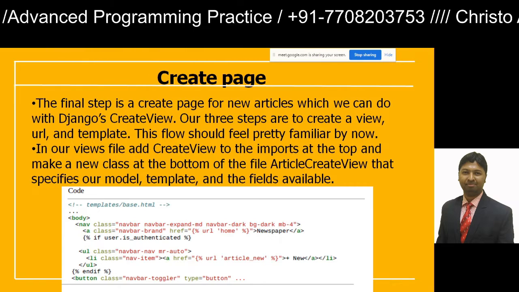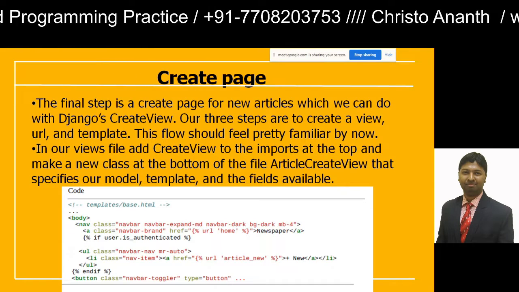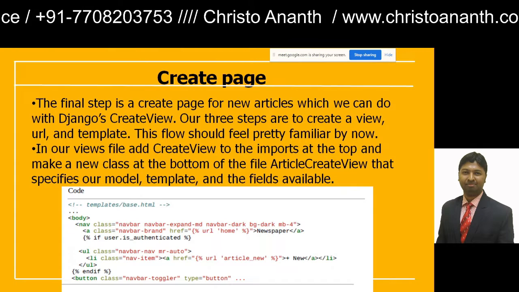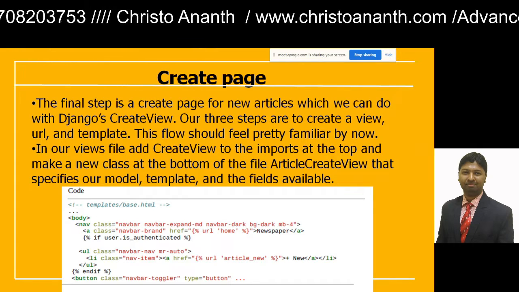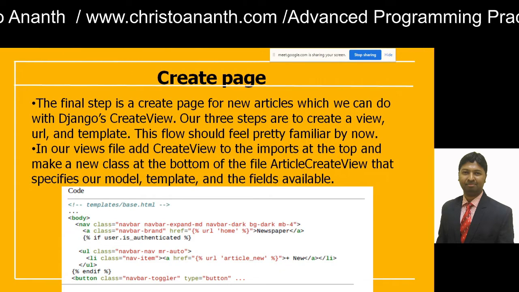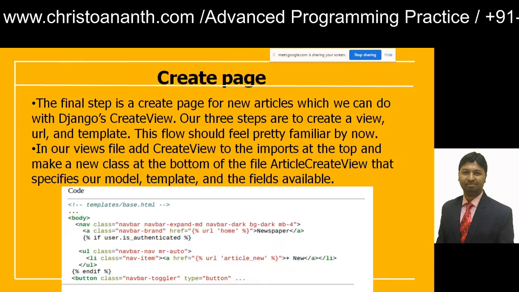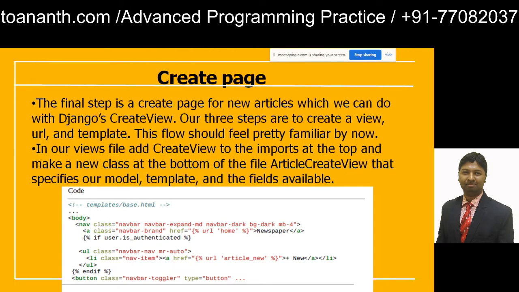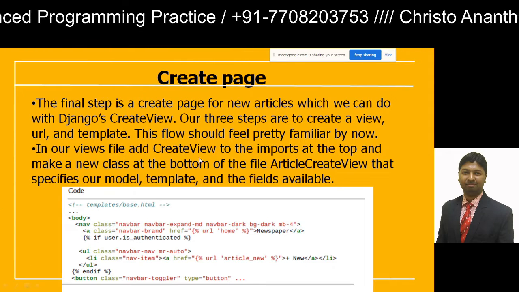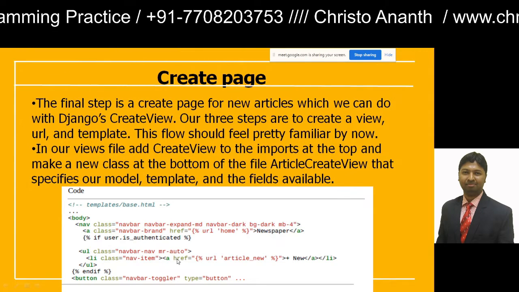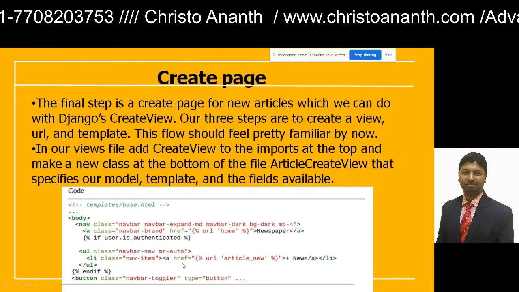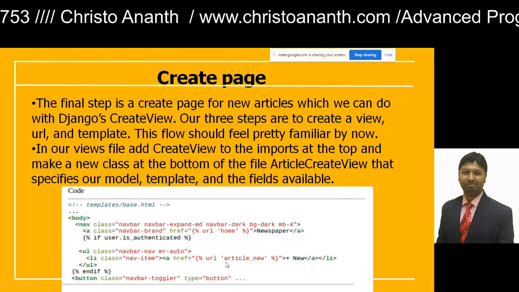So in the templates/base.html, you go with the navigation class equal to navbar navbar-expand-md navbar-dark, then bg-dark. So you are going to set the background, the content also. In a, class is equal to navbar-brand, the href is equal to the URL of the newspaper app, and then the unordered list class, we have the navbar-nav, and then the list item class nav-item, href is equal to the URL of the article name.